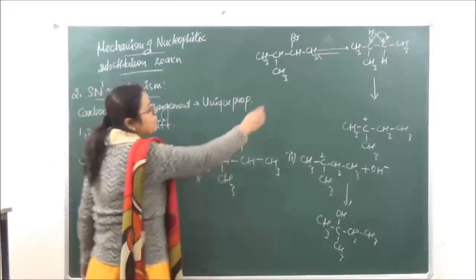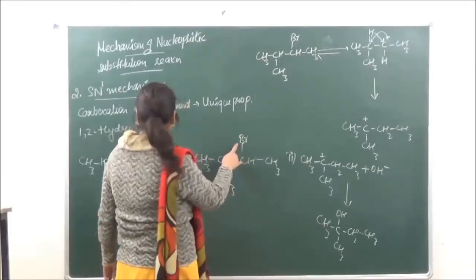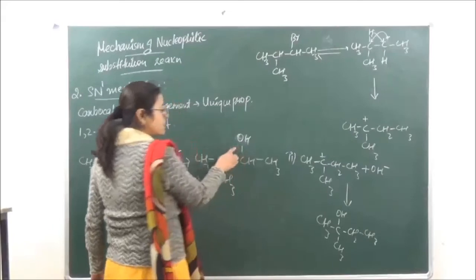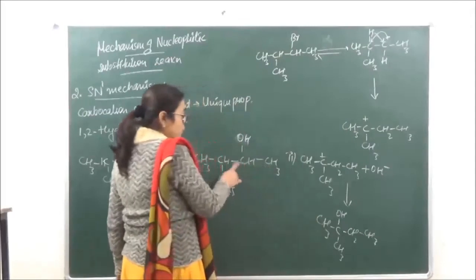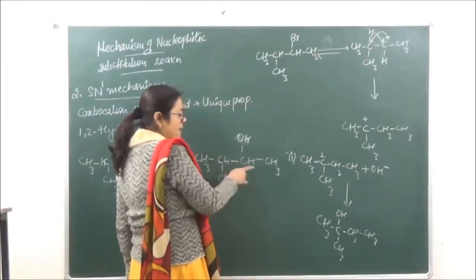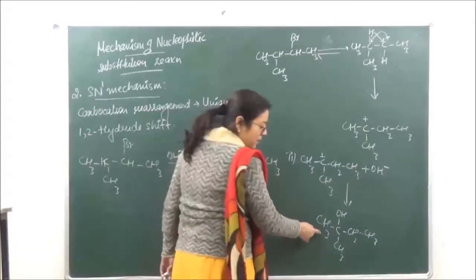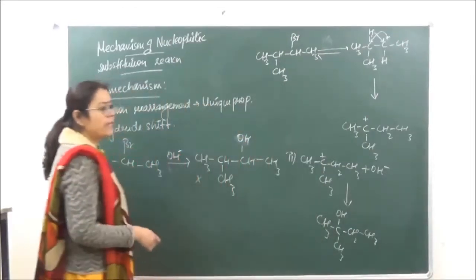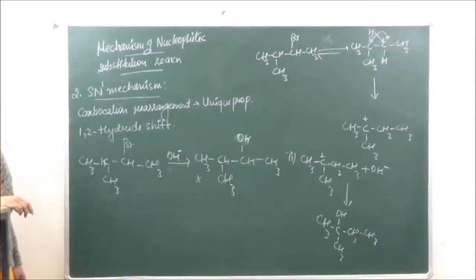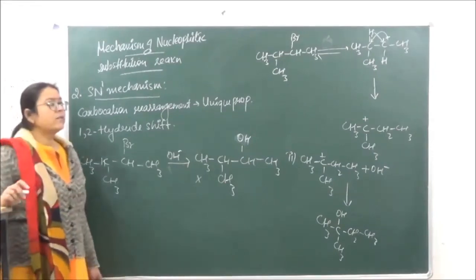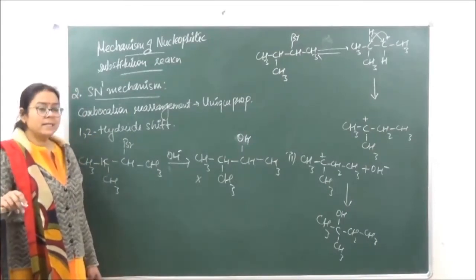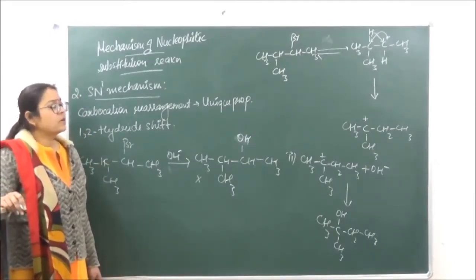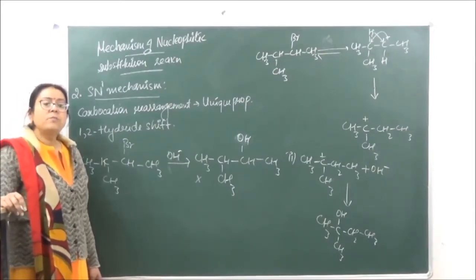Look at what was expected: OH should come and attack over here. This is the expected product, but what are we getting? We are getting this product. This is 1 2 3 4, so this is 3-methyl butane 2-ol, but what we are getting over here is 2-methyl butane 2-ol. This is just to make the rearrangement such that the carbocation which is formed is going to be most stable. So when you're looking at the products in these kind of questions, you just need to see which carbocation is going to be the most stable.